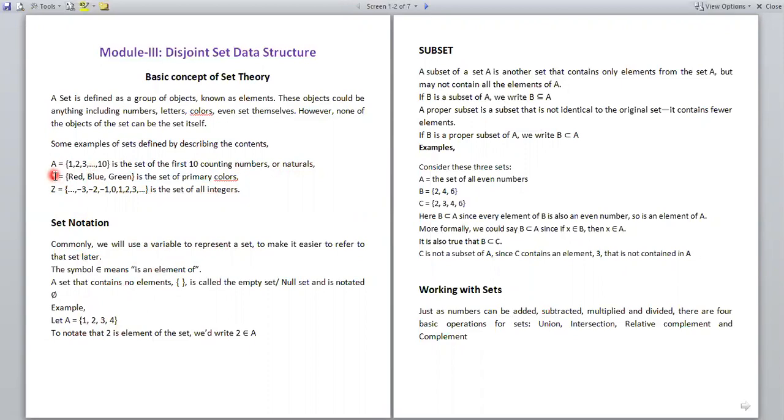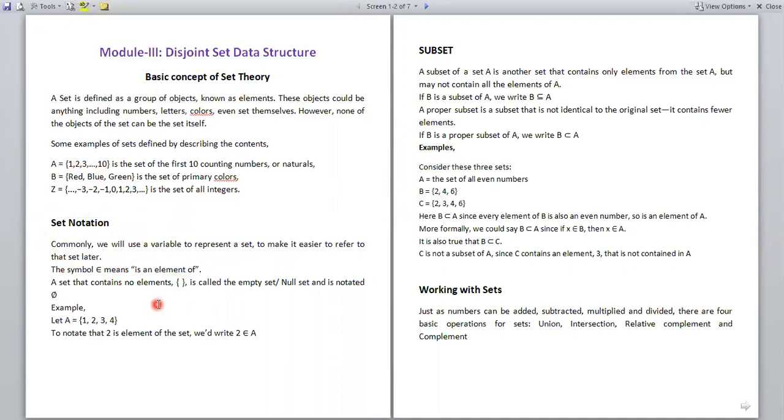B is a variable, and it represents the set of all the primary colors. Z is also a variable, and it represents the collection of all the integer numbers. So we can use a variable to represent a set, and all the elements of the set are written within curly braces.